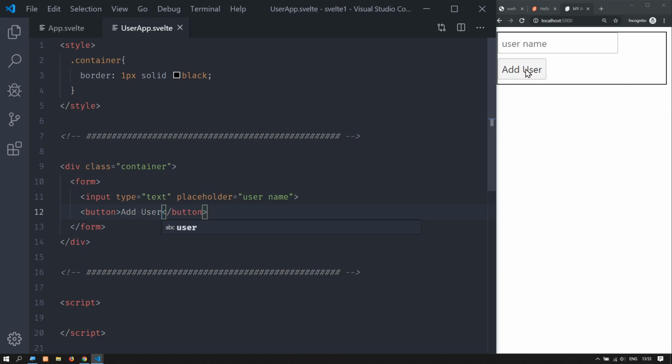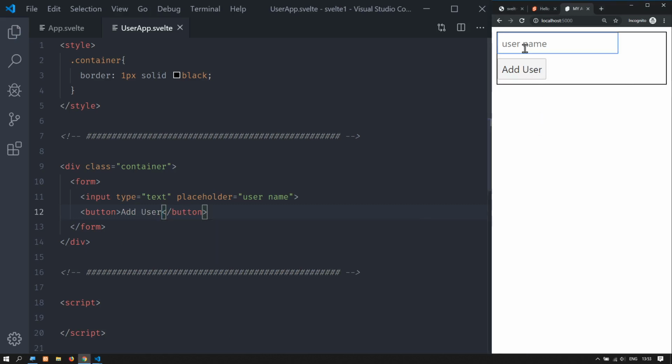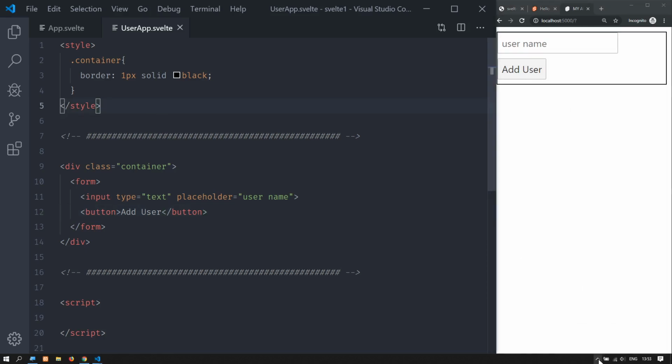The idea is that as soon as I add users from here, let's say A, add user, B, add user, the users will pop up there. And I will be able to delete and edit each specific user. Let me see if it's still recording. Yeah. All right. So now that we have done that, I would like to tell you that the user app